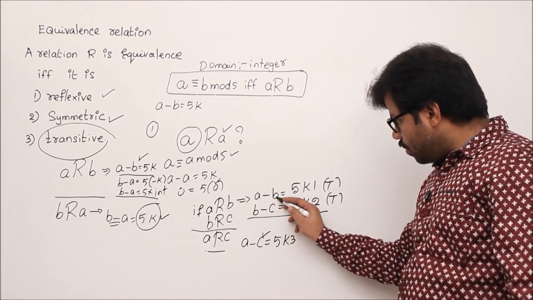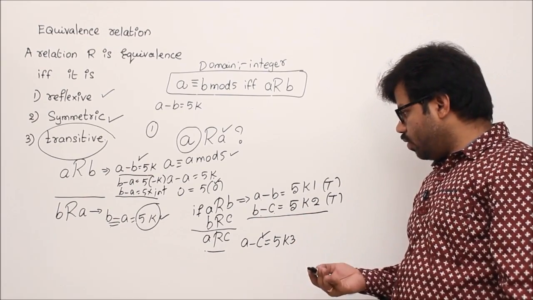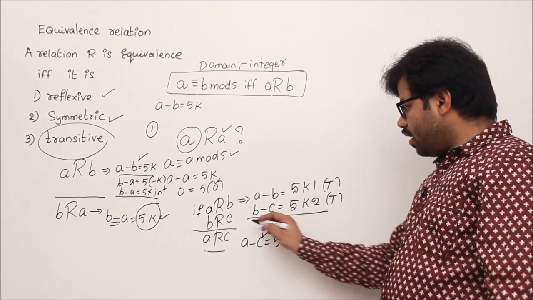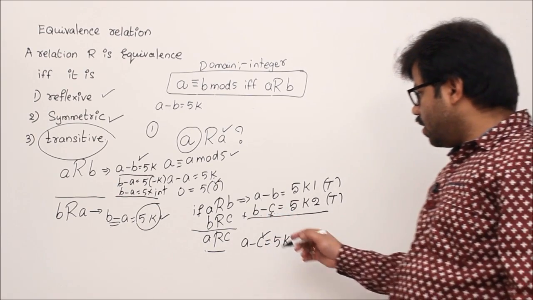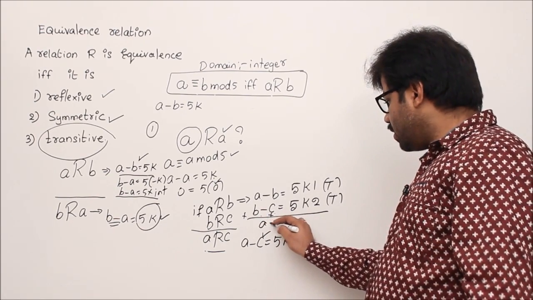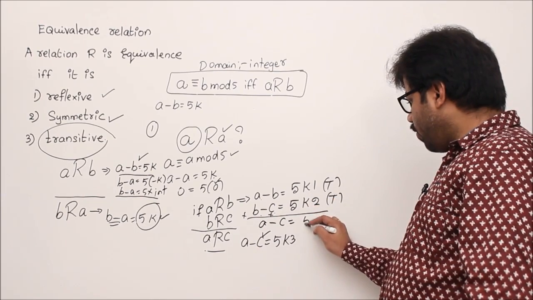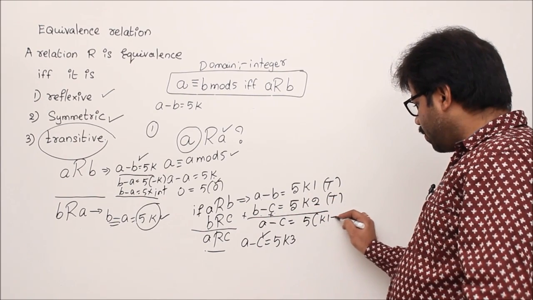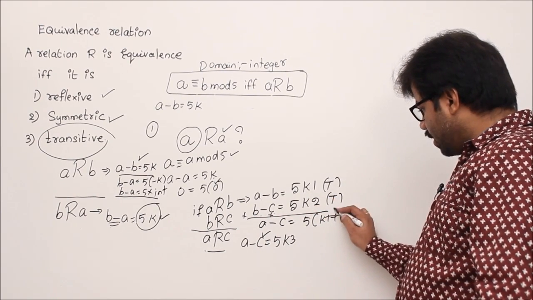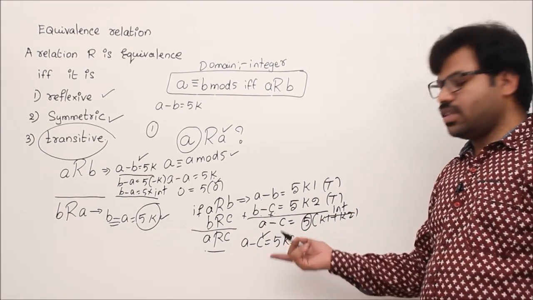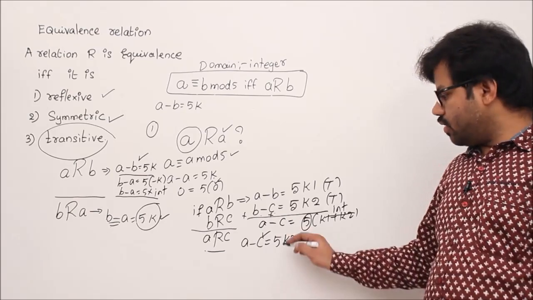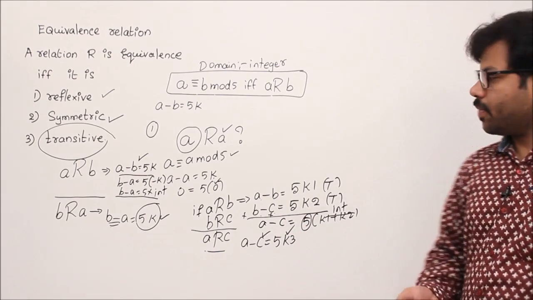So we have A's, B's, C's. What if I do this? B can be eliminated by addition. No other option, right? Let's do addition. If I do addition, you get A minus C equal to 5 into K1 plus K2. Since K1 plus K2 is an integer, that would become 5 into an integer. So A minus C is 5 into an integer, which is nothing but let's say K3. So we prove